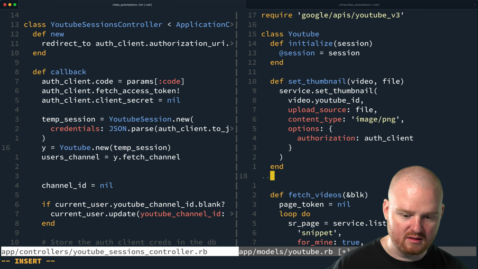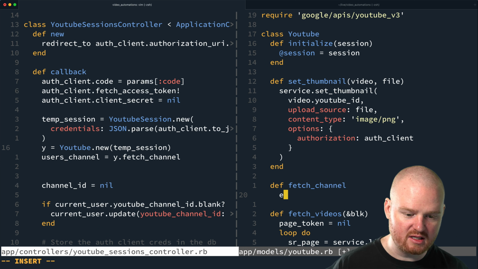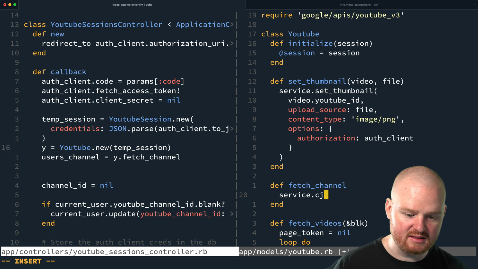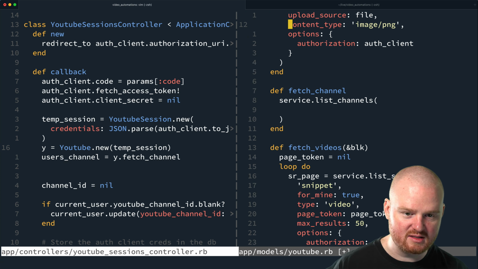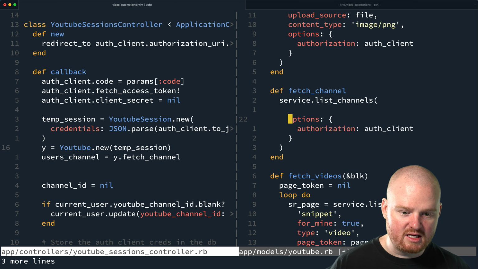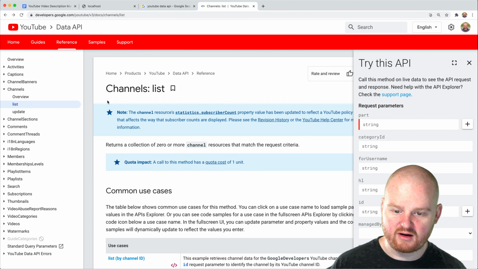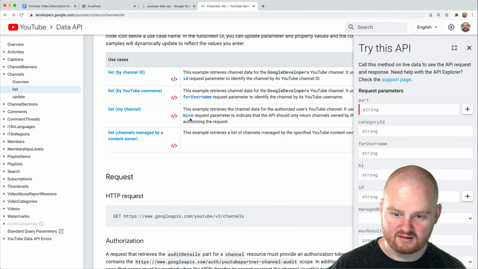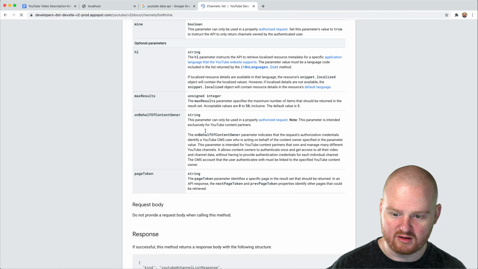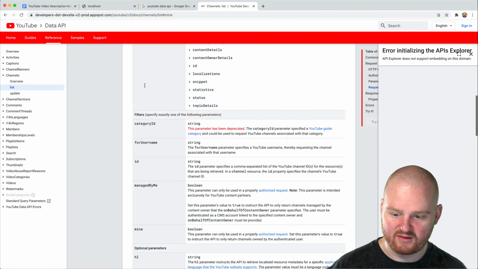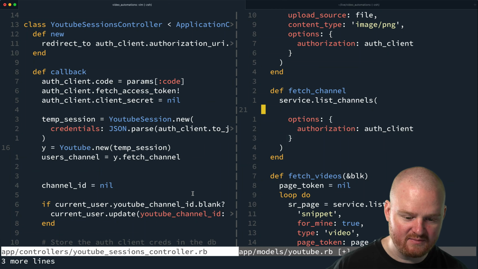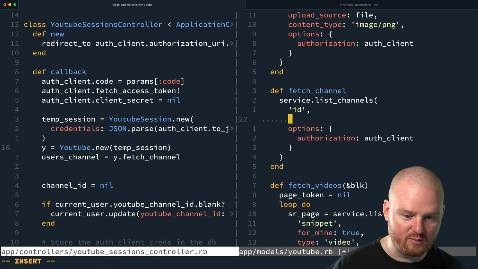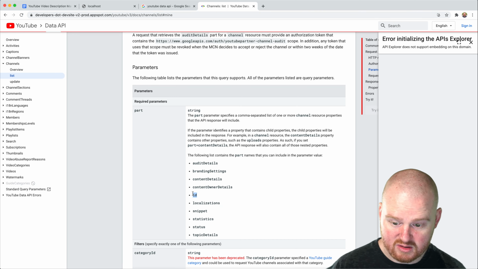So let's see. Fetch channel is going to be something like service.list channel or channels or something. And then there's going to be some part, and then there's going to be this authorization block. And so we need to go figure out what the list channel thing is, or where this argument goes. So mine, I believe, is a filter. Okay, so it's the filter, and then the part, we only really need the ID. So I think we can just pass ID for the part, and then in terms of the filter,